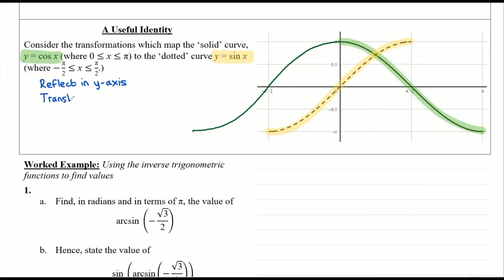So perhaps we could translate by pi over 2 in that direction. Okay, I know it's shorthand, it's crude, but it gets the point across. So that might be one way we could do it. Another way we could do it, perhaps, is